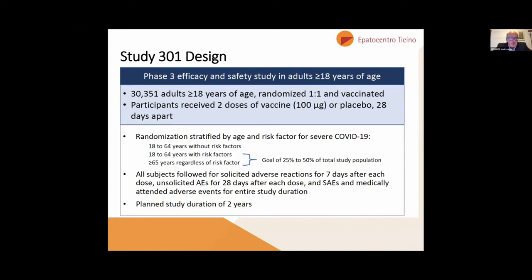There were about 40,000 people, so 20,000 that were randomized. The dose chosen was 100 microgram, and they tried to include quite a lot of patients with risk factors. You see, there was a goal of including up to half of the total population with risk factors, or people above 65 years old. It was quite similar in the Pfizer vaccine, although they included a little less